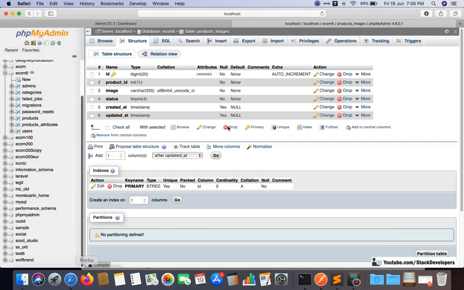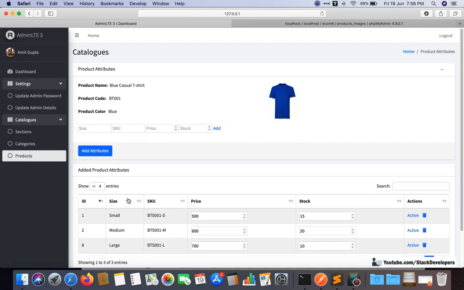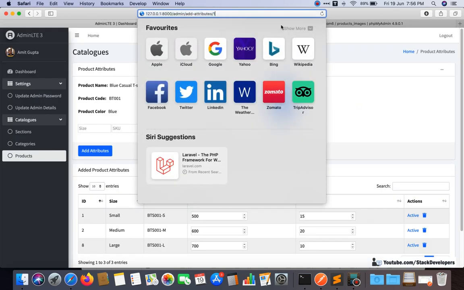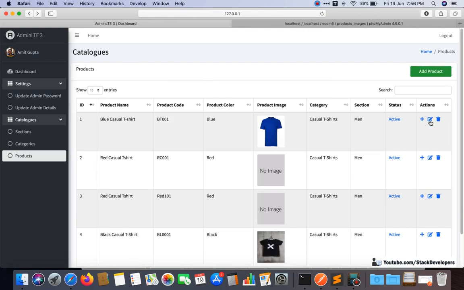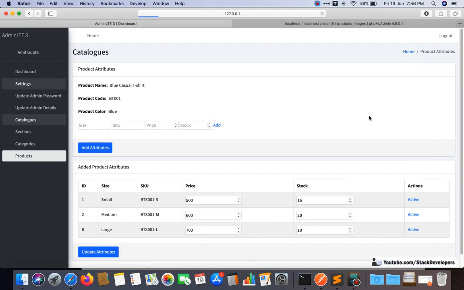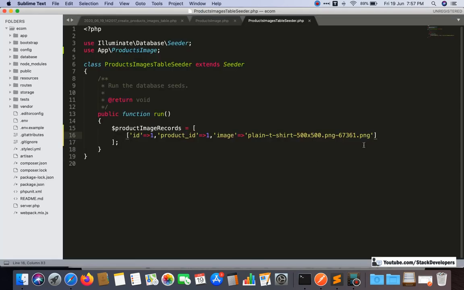I am going to keep this image for product ID 1, that is fine. We will check once. Okay, the ID is fine. See, the image name looks like this. After that we give the status as well, and status will be 1. So one image is enough.